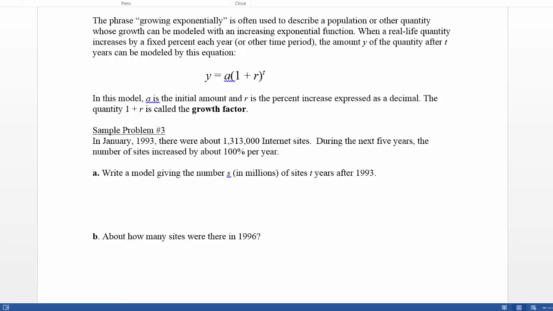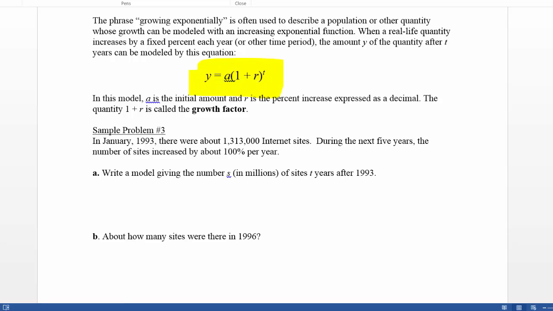Now we're going to take a look at an application problem. One of the great things about exponential growth and decay is they have lots of real-world uses. You'll use them in science, business, lots of different engineering type of applications. And so we can actually model exponential growth functions, or decay functions in this case, as well, with this common